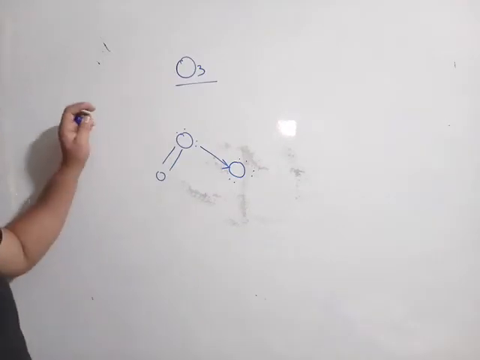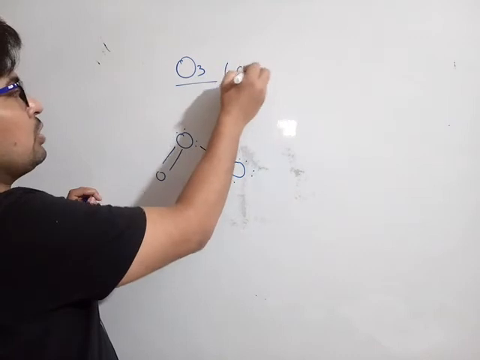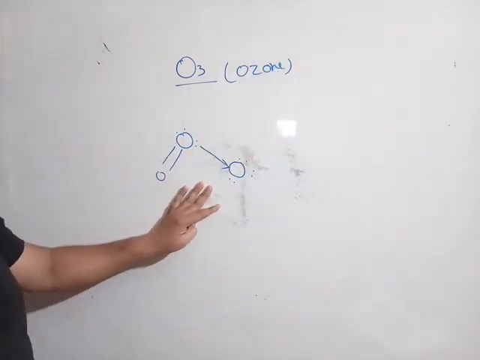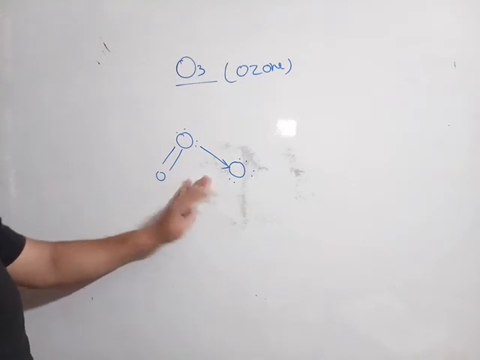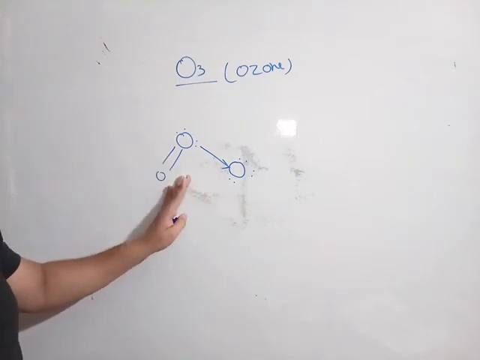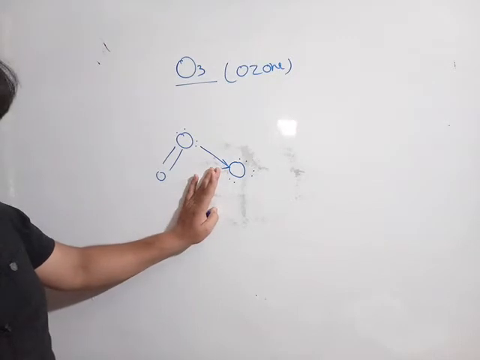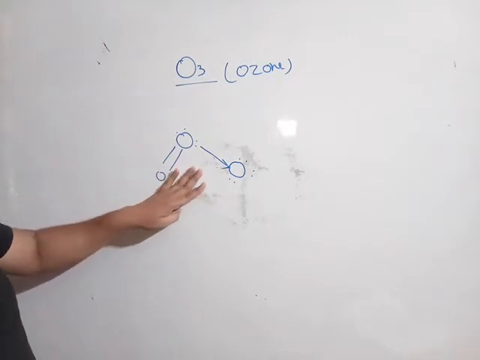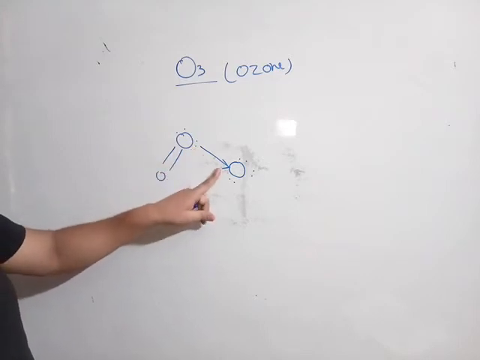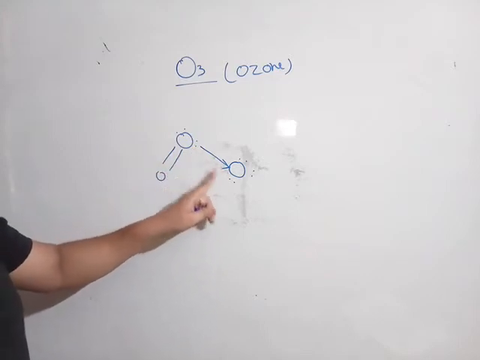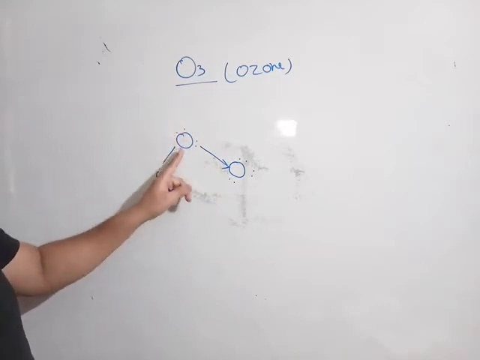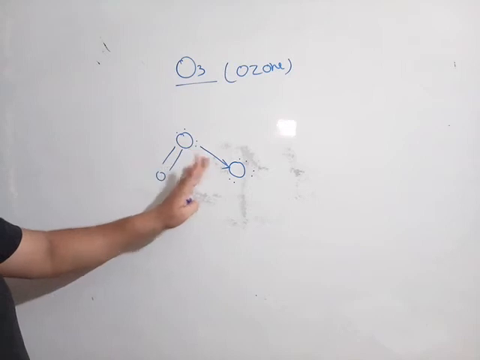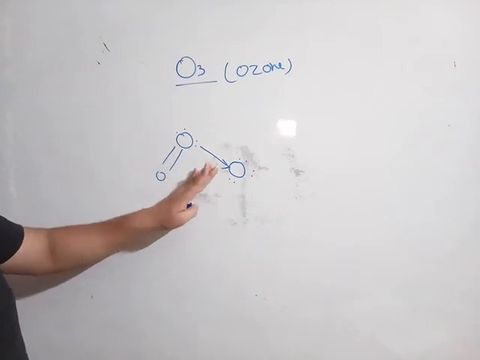As you can see over here, that's the structure of ozone. It has a V shape, and resonance is also possible. So both bonds in ozone have equal size and equal strength. The shape is V shape, because a coordinate bond is forming between these two oxygen atoms, to follow the octet rule, one oxygen is giving 2 electrons to form a covalent bond.